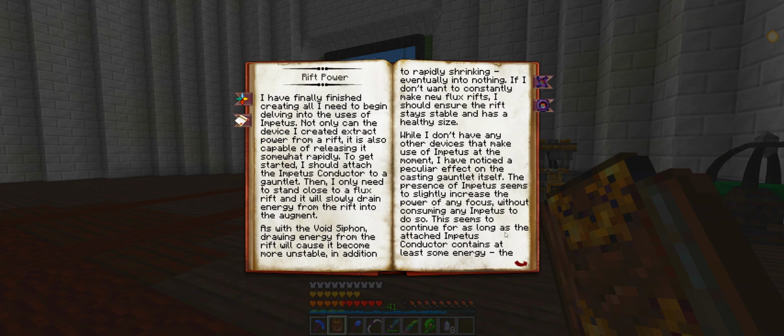That stings. I've finally finished creating all I need to begin delving into the uses of impetus. Not only can I use the device I created to extract power from a rift, it is also capable of releasing it somewhat rapidly. To get started, I should attach the impetus conductor to a gauntlet. Then I only need to stand close to a flux rift and it will slowly drain energy from the rift